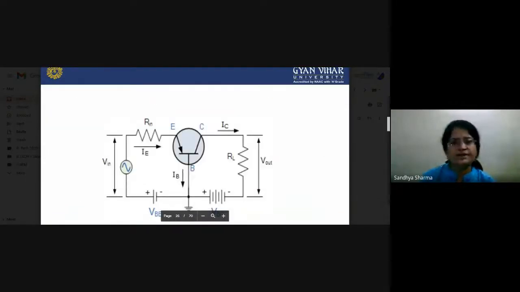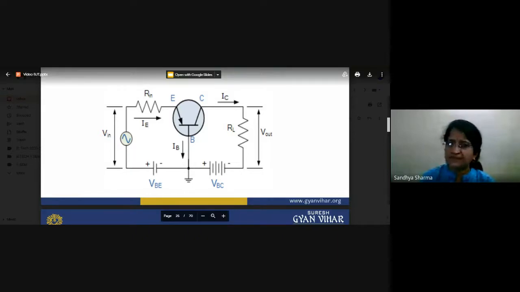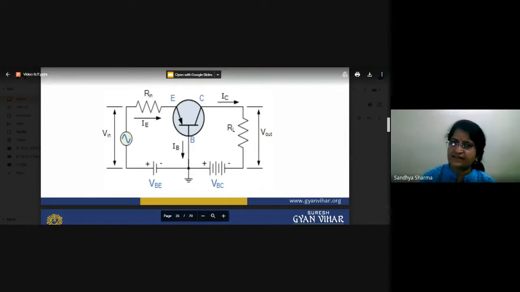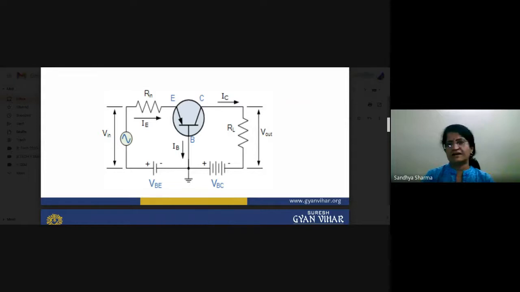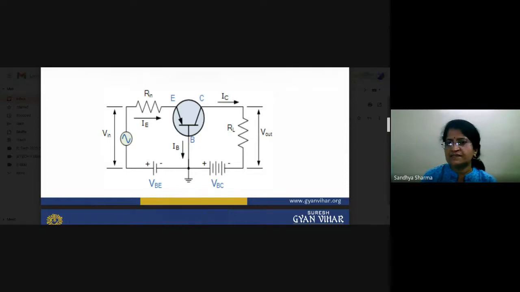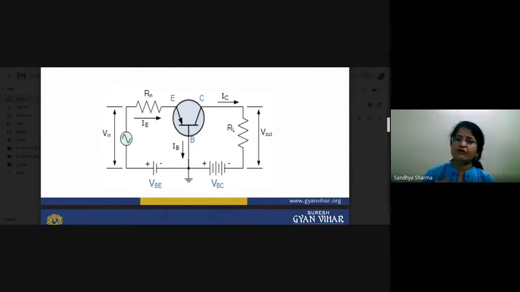This is the basic circuit you can see here. This is the base terminal and it is common to the input circuit, and this base terminal is common to the output circuit. There is an internal resistance RIN and this is the load resistance RL. You have to apply an input signal VIN to the input terminal, and you receive the output voltage at the output terminal. There is a DC voltage applied for proper biasing of your terminals.